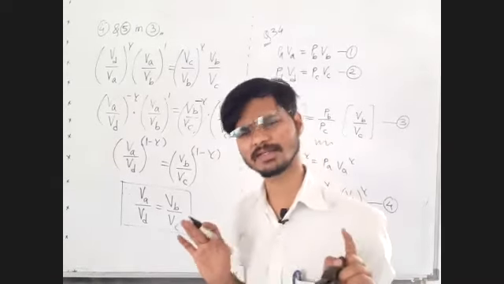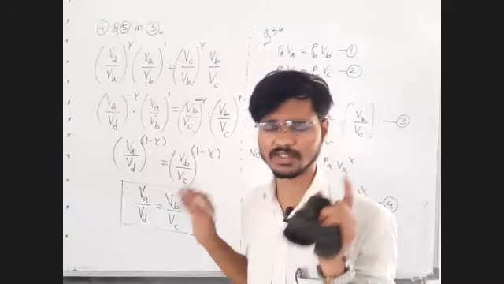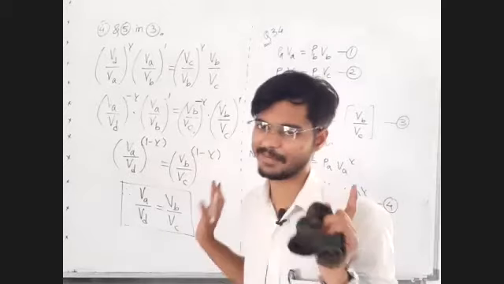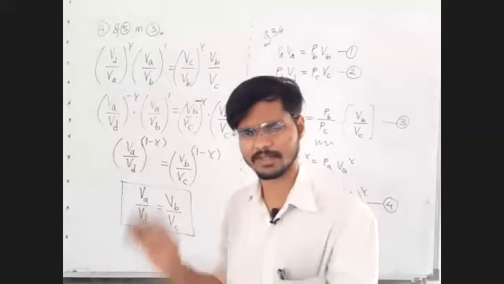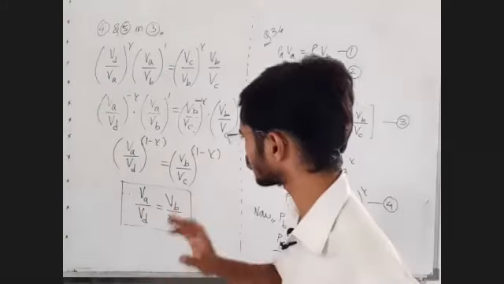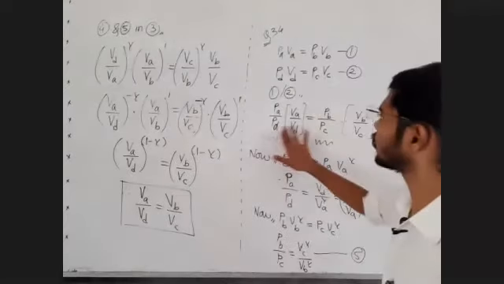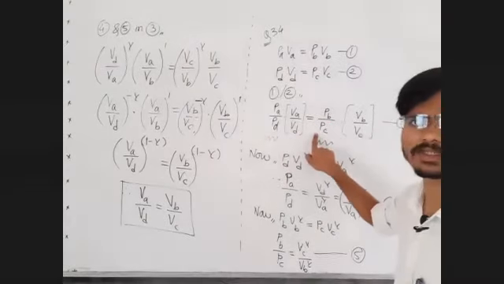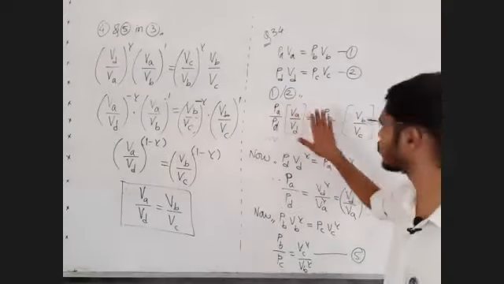I just did mathematics. What I did, I just wrote the equations which I know for isothermal and adiabatic. Now I just wrote the equations for VA upon VD and VB upon VC. Then I found out that these are the unwanted terms. Write down the equations for what you want and check what the unwanted terms are.